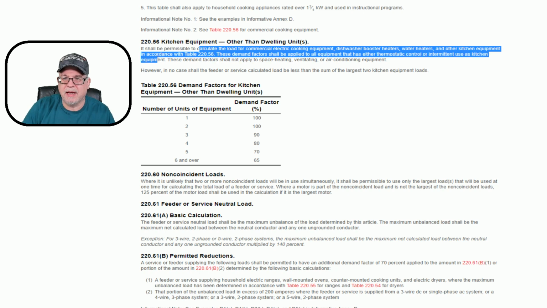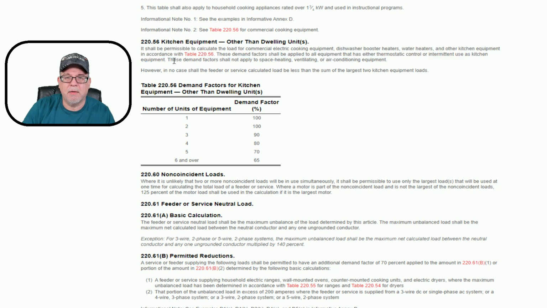kitchen equipment. Okay. Now, it says these demand factors shall not apply to space heating, ventilating, or air conditioning equipment. So just a statement there saying that's not going to apply. This is very much for dealing with the kitchen equipment. Okay. We have other rules that deal with the heating and air conditioning. We have other rules that are going to deal with space heating, things like that, ventilation. Not what we're doing here. Okay. So in our case,